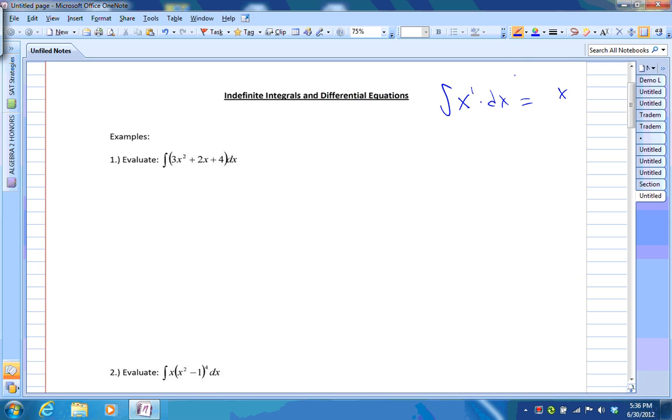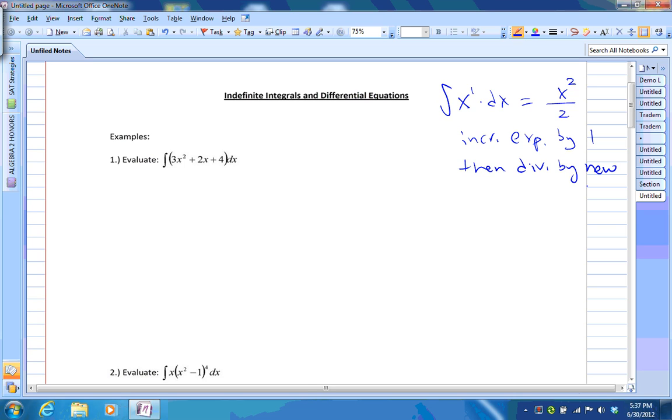So right now it's x to the 1 power, so you increase the exponent by 1 and then divide by the new exponent. So for example, if you're asked to integrate 3x squared plus 2x plus 4, it will be